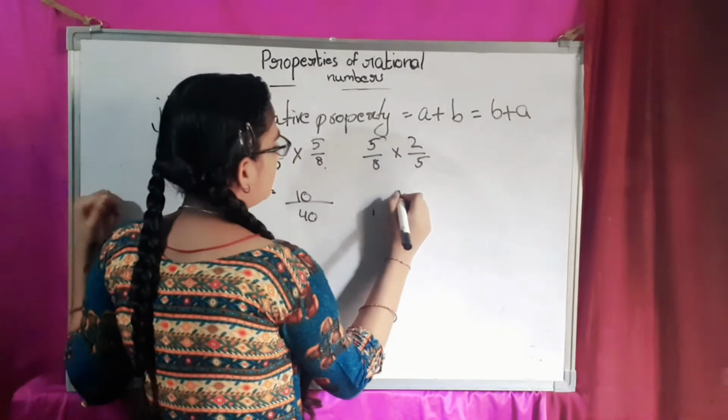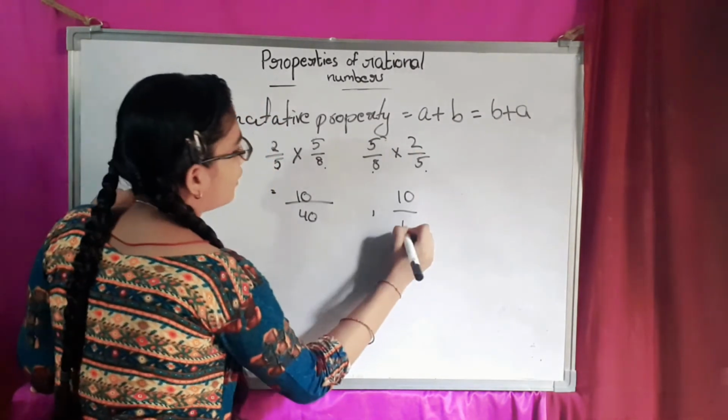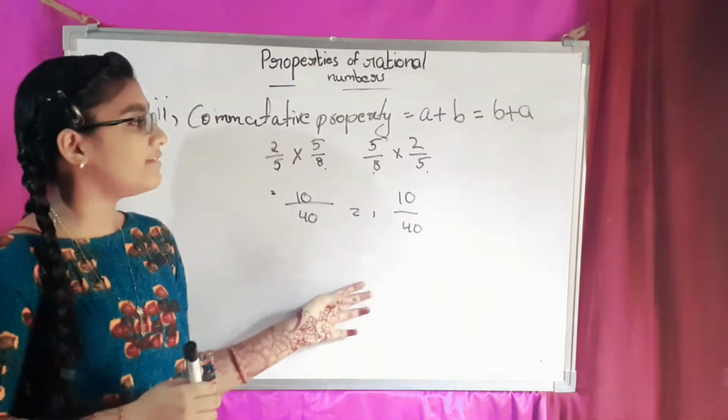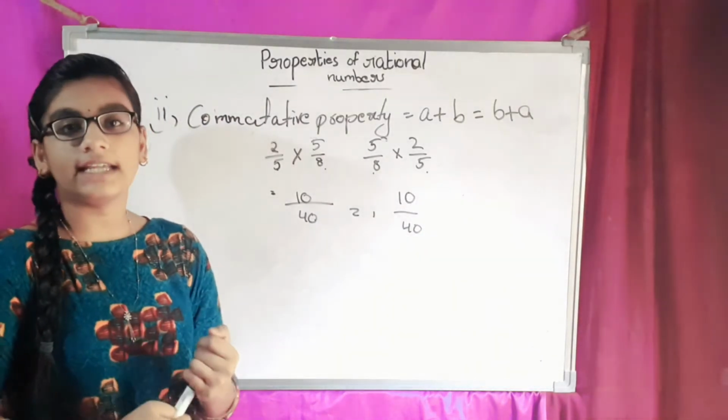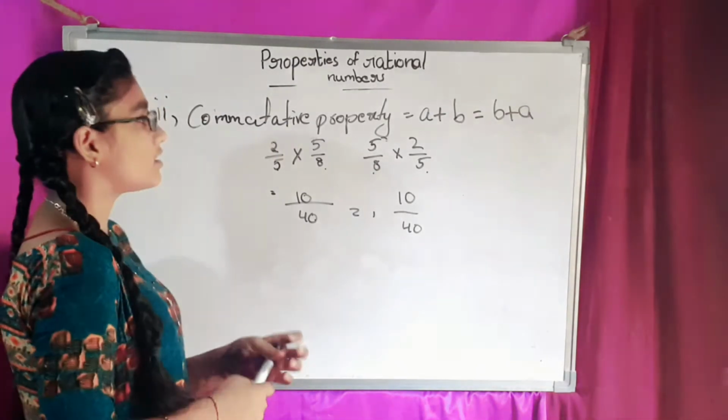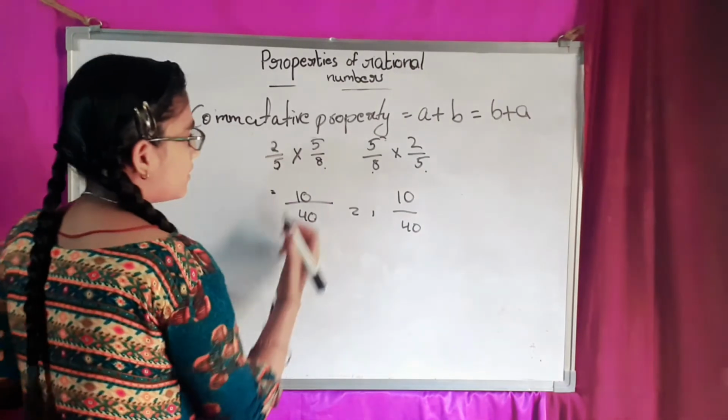5 2s are 10, 8 5s are 40. In multiplication, it is equal. In division, it is not equal. Because, like subtraction, it is not satisfied. Now